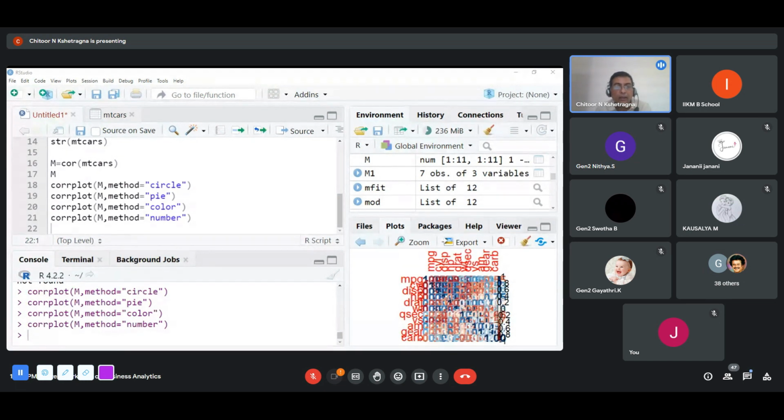So please remember, 1 and 1 is highly correlated. That will come only for the same variable. For example, look at MPG 1 1, HP 1 1. So that doesn't make sense for us, right? If you look at the best number can be which one? Is 0.8. Vs and displacement is 0.8. That's a good number. Or 0.78, 0.89, 0.85. So all are highly correlated.